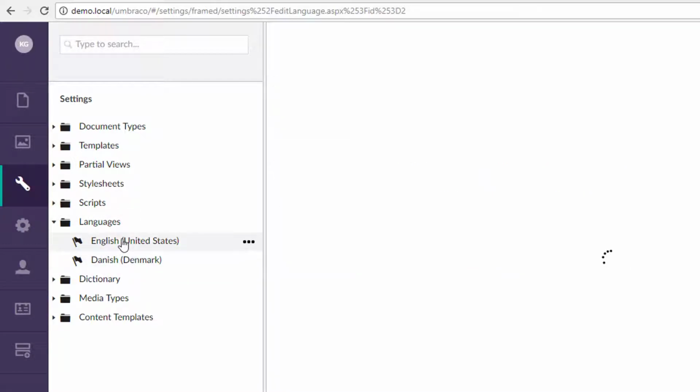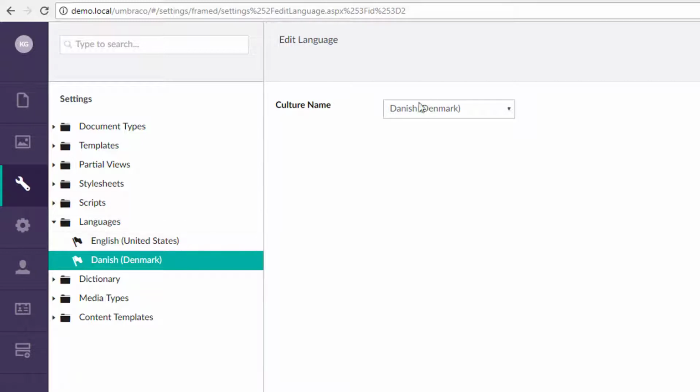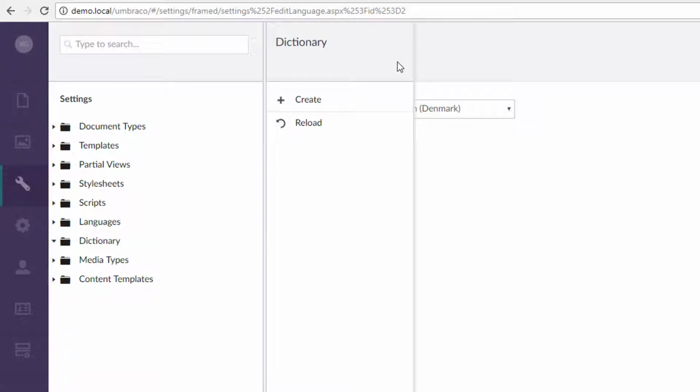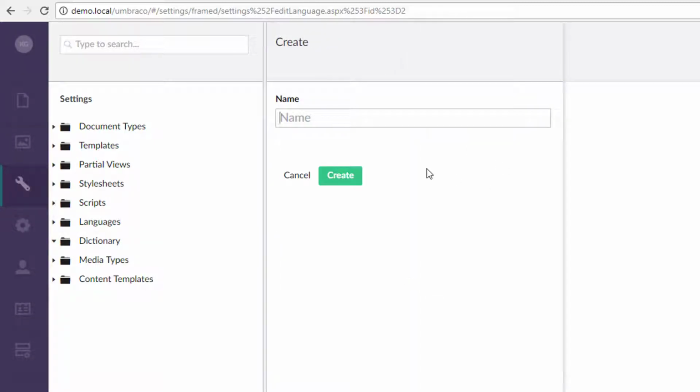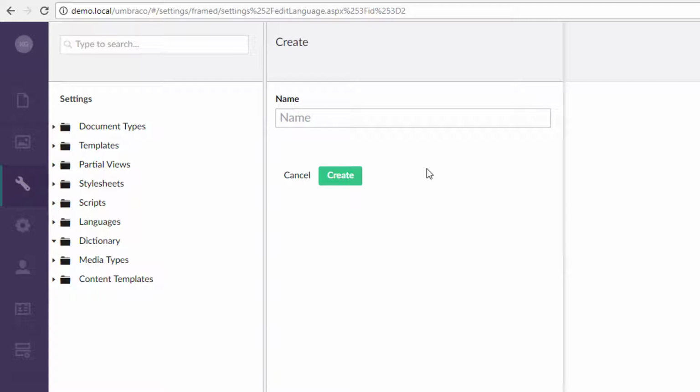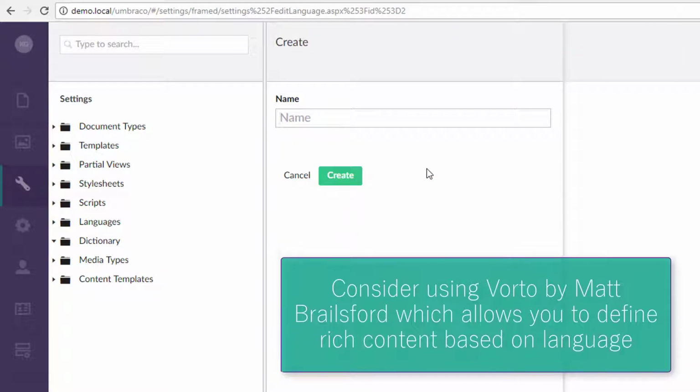If we were to click on each one of these, you don't really get a whole lot of stuff here. You can change it here. I don't know if you'd ever want to change it once you'd added it. But that feeds directly into our next thing here, which is the dictionary. The dictionary is a one-to-one mapping of dictionary terms, and again, I don't really use this much, mostly because I don't do a whole lot of localized sites, and when I do, I will choose a different method. But just to show you for demo purposes,